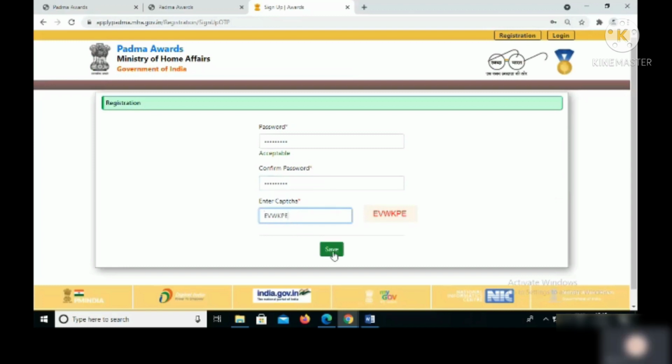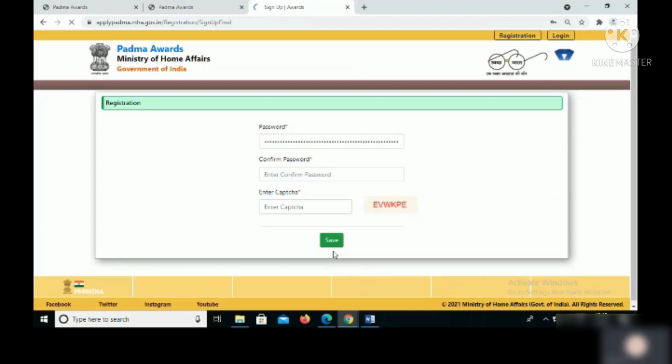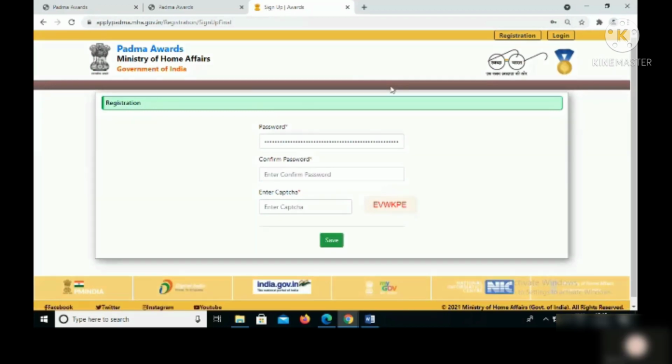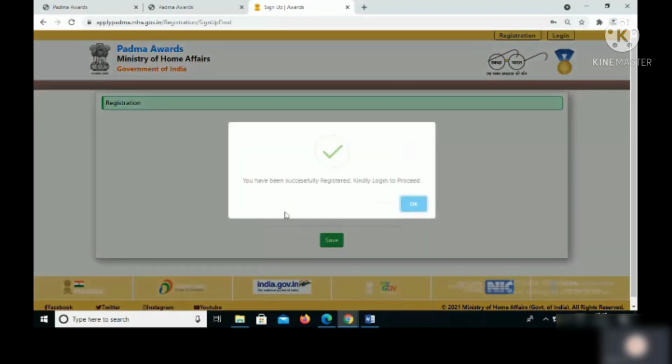Click on the save button. Now you will receive a notification window which says you have been successfully registered. Kindly log in to proceed.